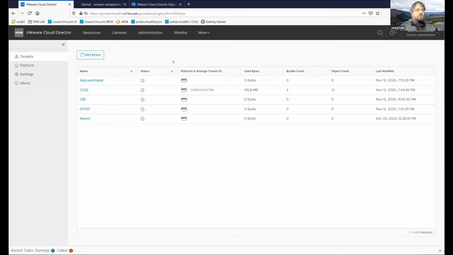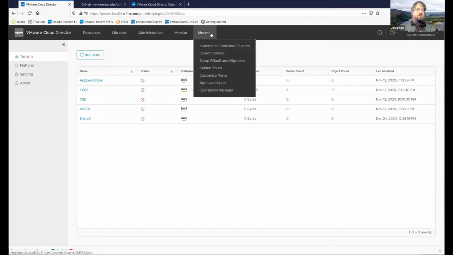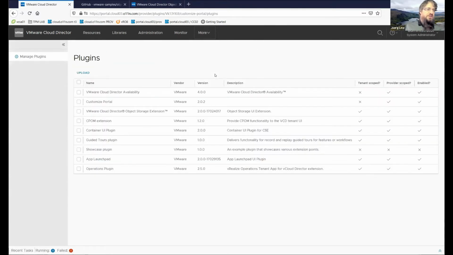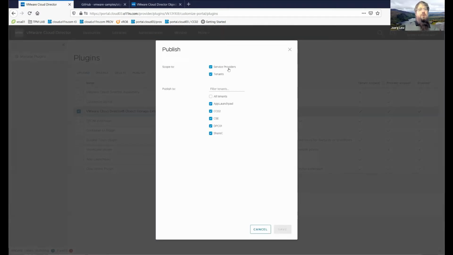Okay. Yeah, and that's pretty much it. One other thing to keep in mind, as usual, since object storage is a UI extension as well, you can have the customize portal extension where you define which tenant should have access to which UI extension, and that's where we have the object storage extension, and you can again publish or unpublish that for individual tenants, which allows you, depending on